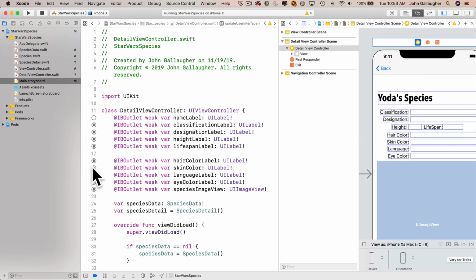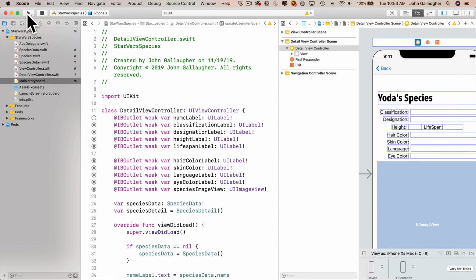And again, you're just seeing me diagnose these errors here. Feel free to fast forward if you didn't make this error, but it's sometimes useful for students to see me make errors and solve those errors, to diagnose what went on. Now I'm going to move my cursor over and I can see, yep, now they're all in the right place, I think, as I move up here. Lifespan, yep. So if I go ahead and build and run again,